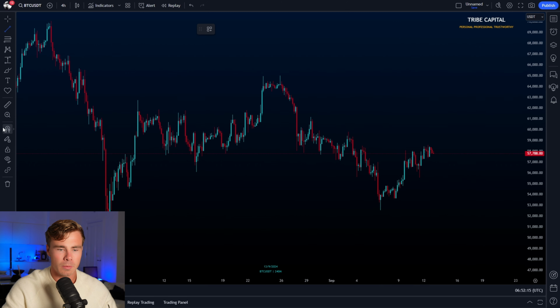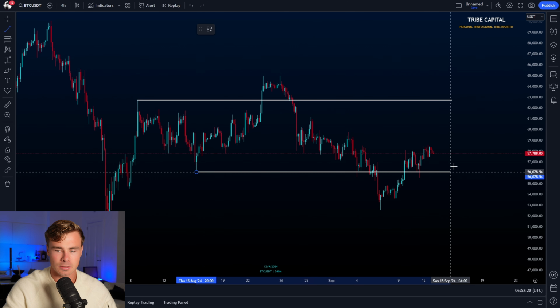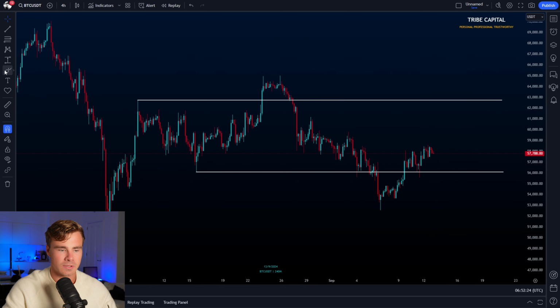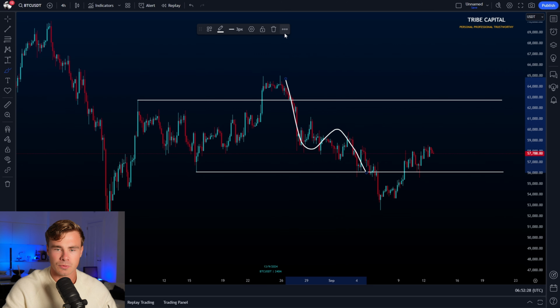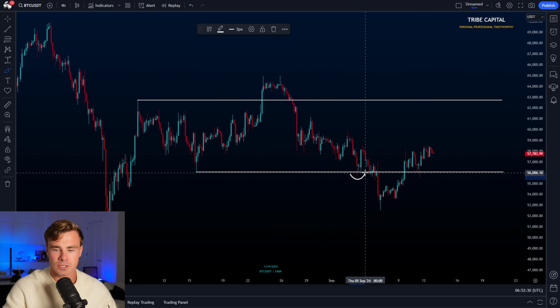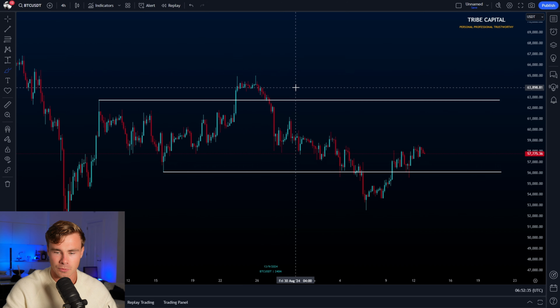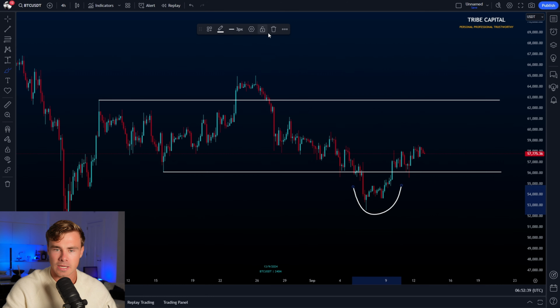for Bitcoin. What we can see over here is that we have a beautiful range, right? With the range high over here and the range low over here. We have a very strong range in which we so far have seen a deviation above the range high that led to an impulse towards the range low liquidity pool. We saw a first tiny sweep, but we know that a sweep is not enough to really mitigate that range low liquidity pool. Eventually we went beneath the range low, deviated, reclaimed the range low right over here, and right